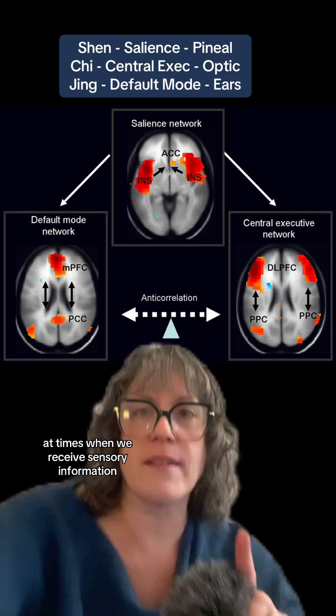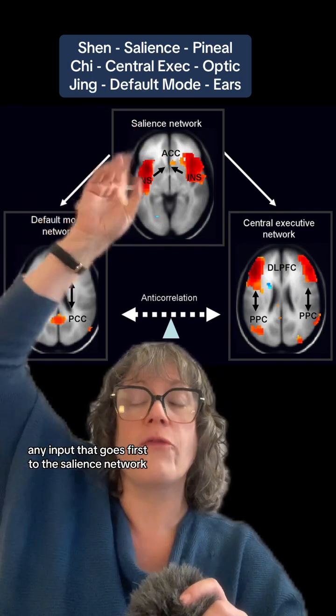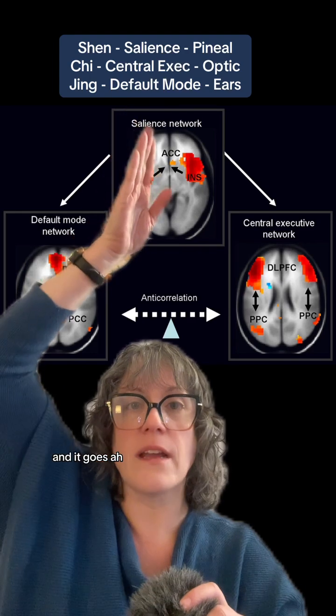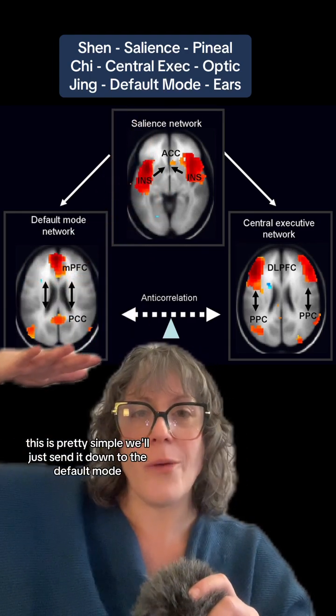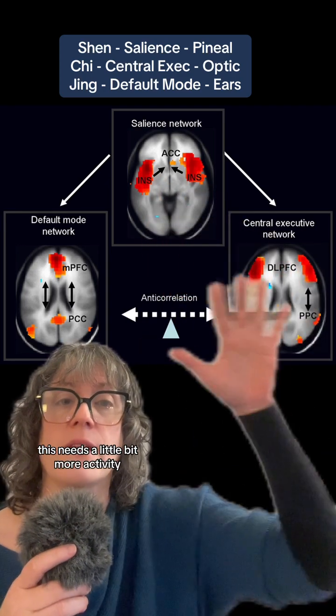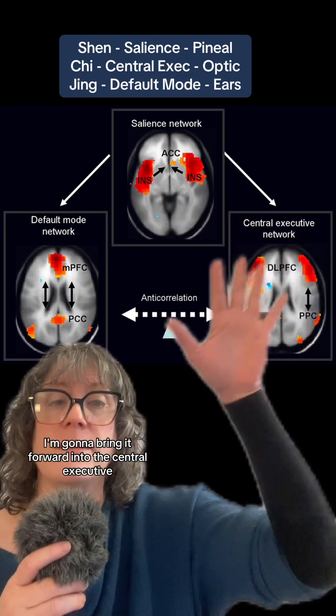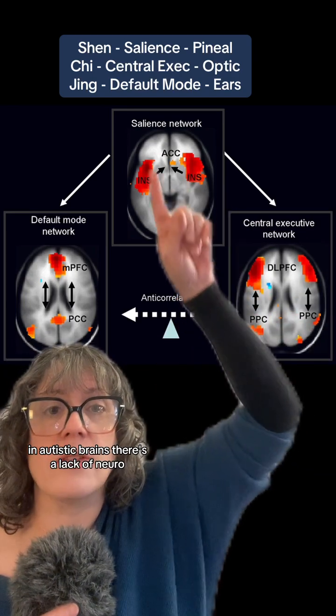When we receive sensory information, any input, that goes first to the salience network and it goes, this is pretty simple, we'll just send it down to the default mode. Or it'll go, oh, this needs a little bit more activity, I'm going to bring it forward into the central executive. So in autistic brains, there's a lack of